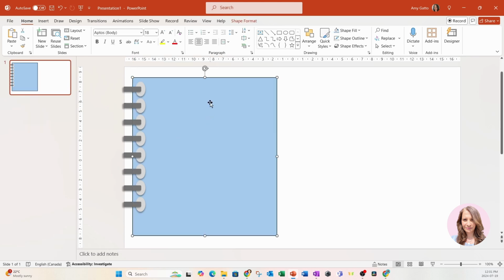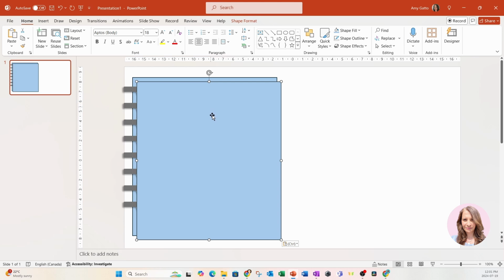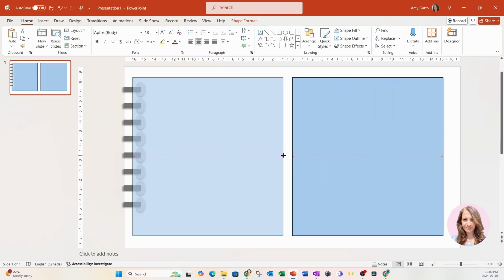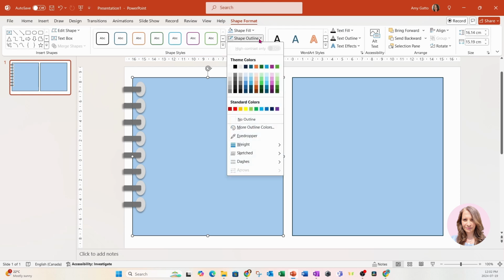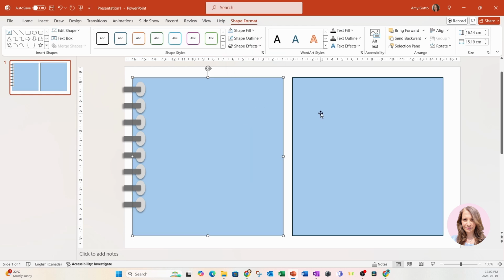Now, if you had a 2-page layout, then you might want to create them a little bit differently. If it were me, now I don't have any digital products where the coils are in the middle, but if it were me, this is how I would achieve that effect. So I'm just going to take the border off of those 2 boxes. So I'll just say no outline